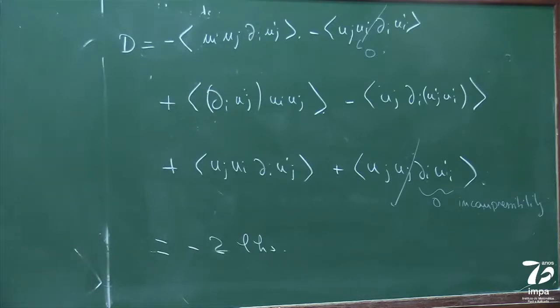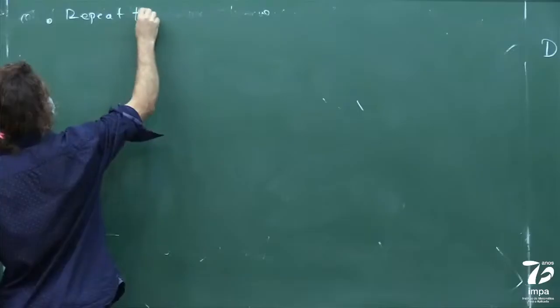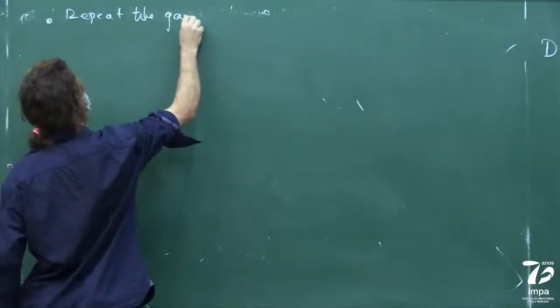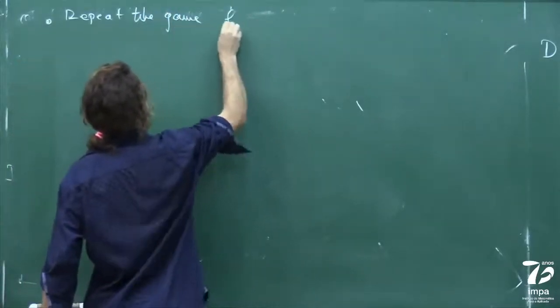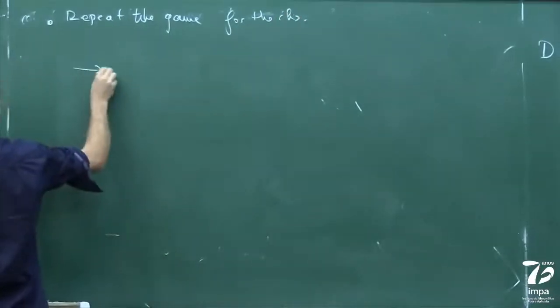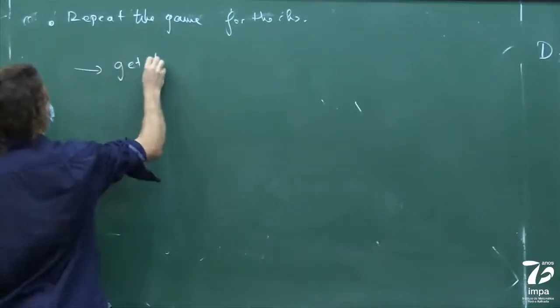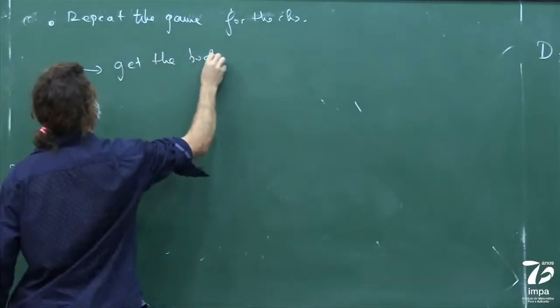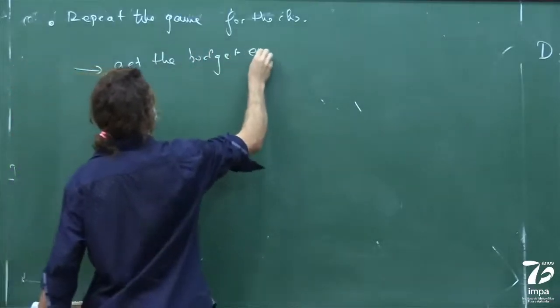So repeat the game for the right-hand side, and you get the budget equation,